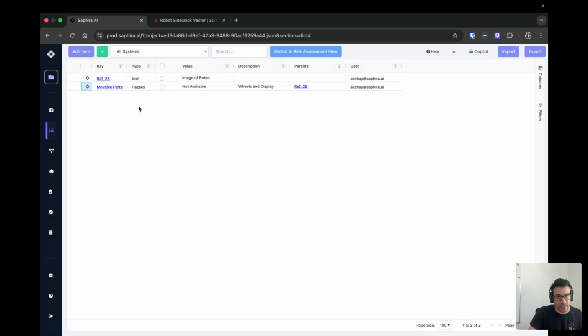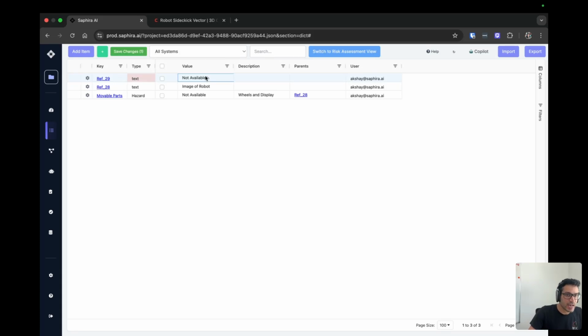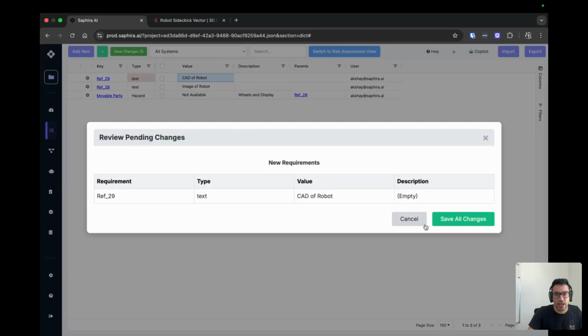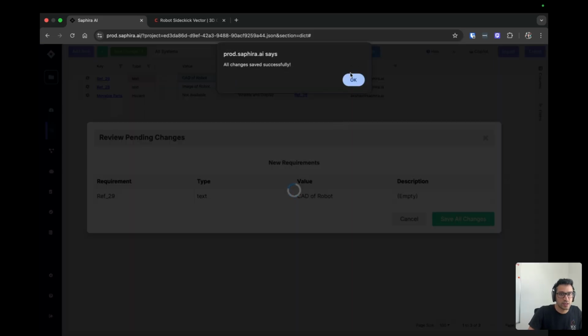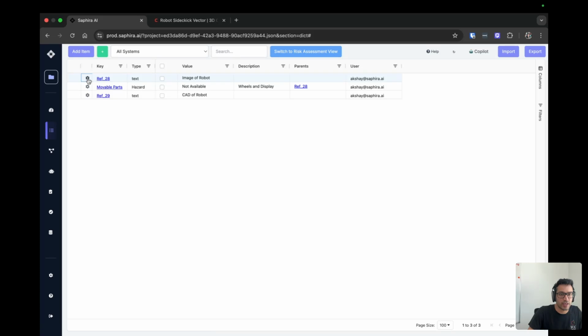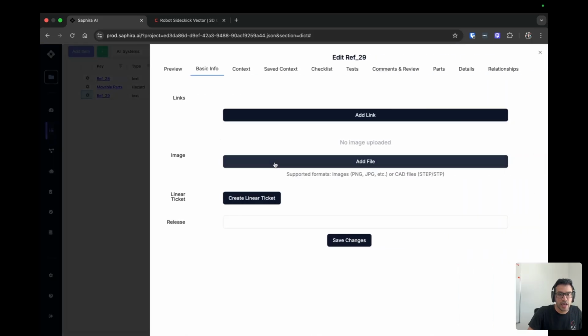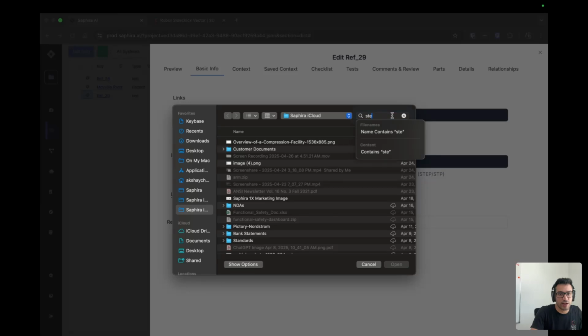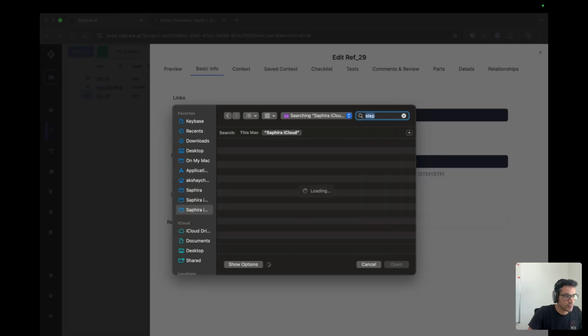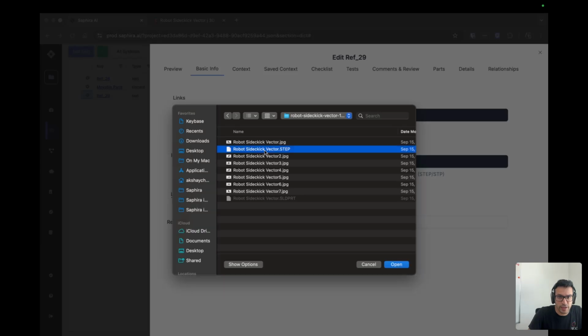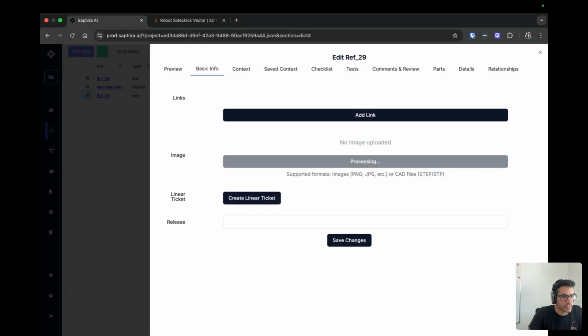One of the next things we can do is we can actually add a CAD file for this product. So I'm actually going to add a CAD file for another home robot, and we're going to analyze that file in a much more dynamic way. So let me save the changes. I will send this off. I will click here. And oops, I'm actually on ref 29, and I'm going to upload a step file right here. All right, it's going to take about 20 seconds, and what it's going to do is it's going